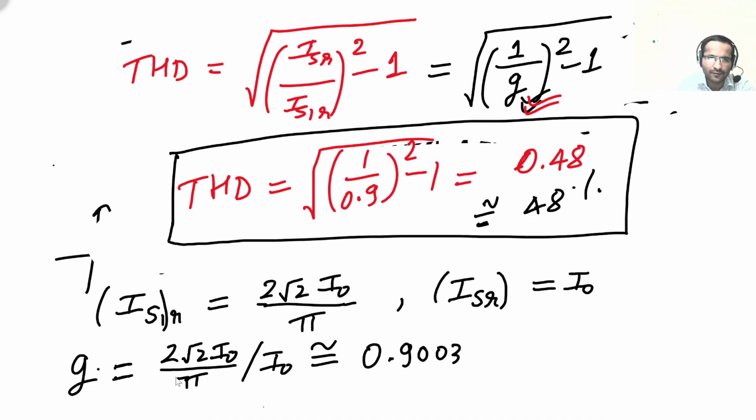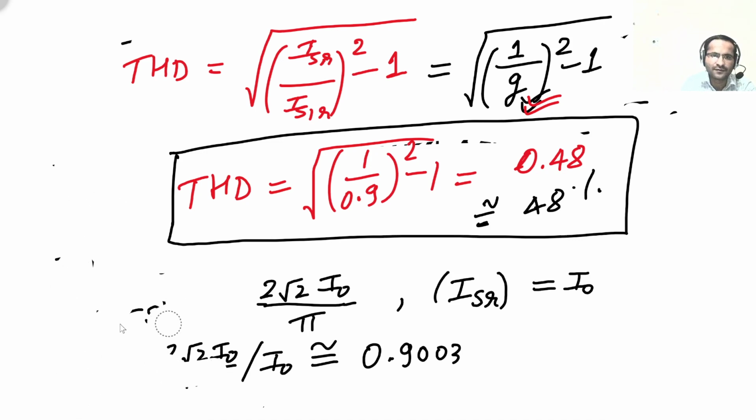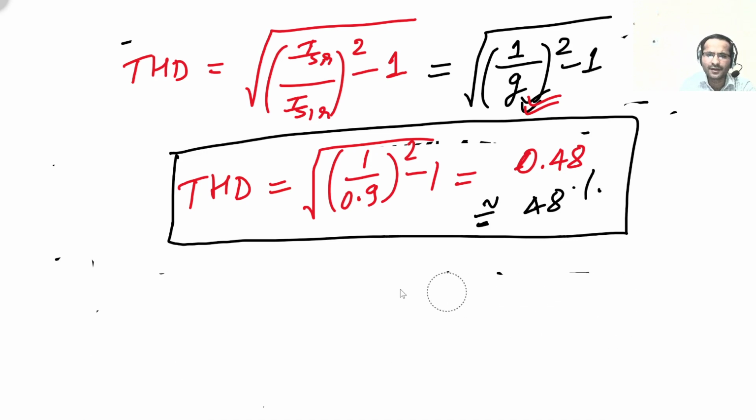Now from this, we want to find the power factor. Why are we interested in the power factor? Our main objective is to find the reactive power consumed by the converter. When a sinusoidal AC voltage is connected to the load through a converter, we know that the source current is no longer sinusoidal; it has some harmonics. We have calculated the percentage of harmonics by using the parameter THD. Now we want to know how much reactive power is consumed by the converter for converting AC to DC.